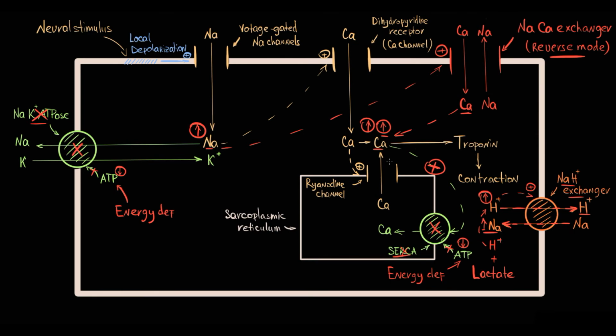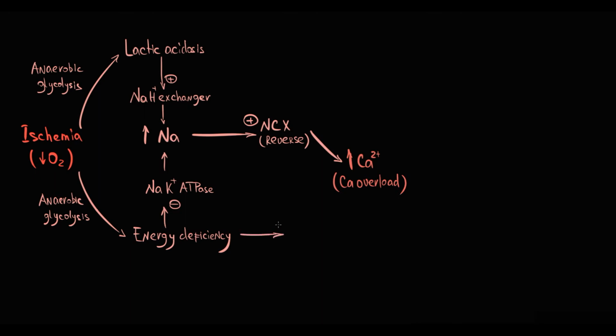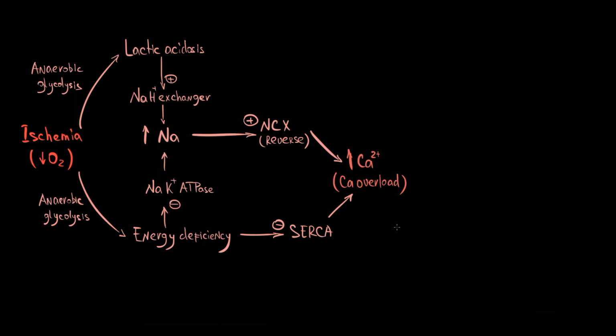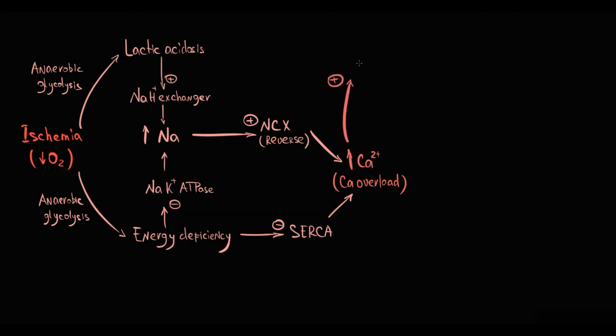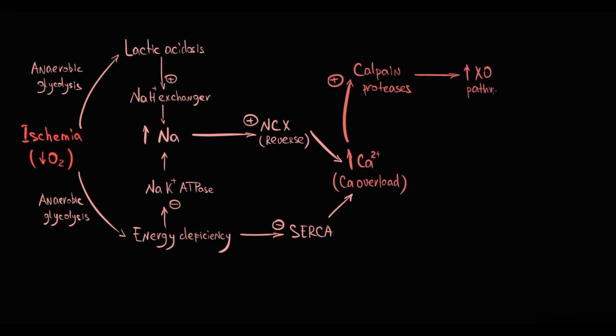So in addition to reverse mode on sodium-calcium exchanger, energy deficiency also impairs the function of the SERCA protein, and together this leads to a massive increase in intracellular calcium level. And calcium overload is a central event in pathogenesis of ischemic injury. Calcium overload causes activation of calcium-dependent proteases, so-called Calpain proteases. Activation of Calpain proteases causes increase in xanthine oxidase pathway that results in massive production of reactive oxygen species, thereby